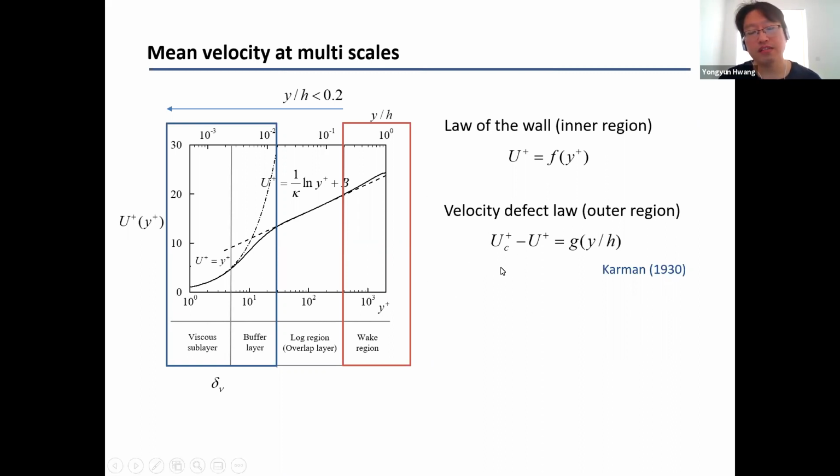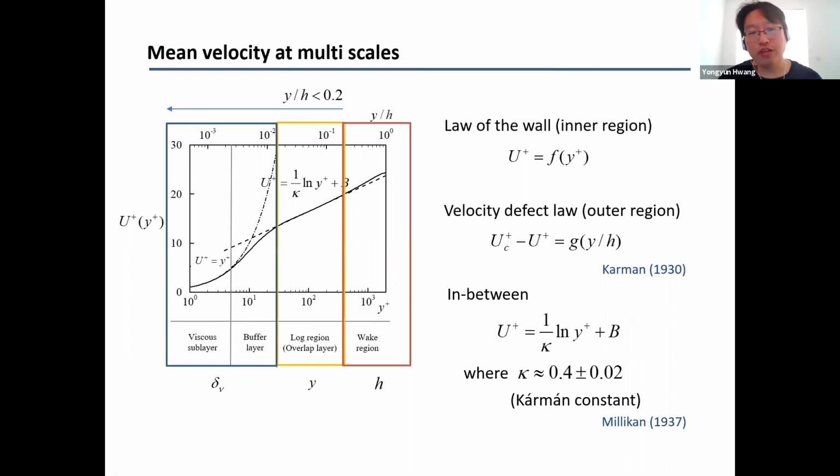And here U_C+ is the centerline velocity of the channel, which is also part of the boundary condition in the original problem of von Kármán. And then, of course, it was von Kármán who derived what is happening in the layer between the two, but his derivation is a bit dodgy, although he derived this first. But actually it was Millikan who derived that by matching this equation and that equation, and he derived that in the layer between the two, you will get the famous log law,